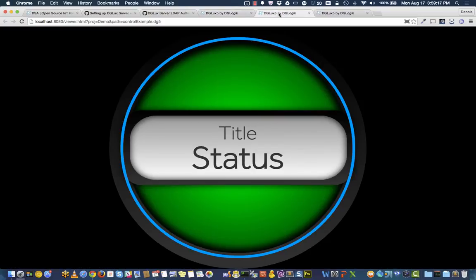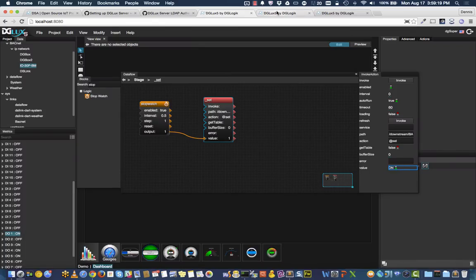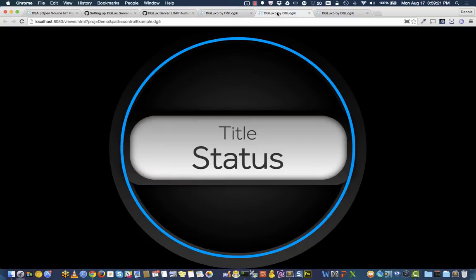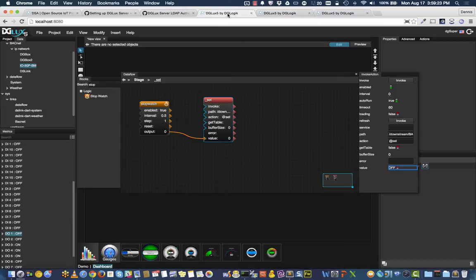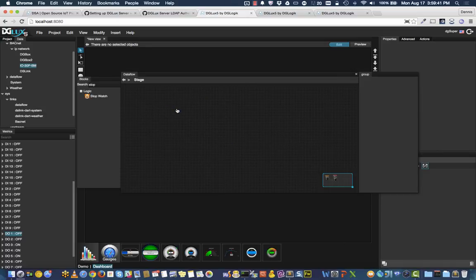Of course, if we go to a different tab, you'll notice that it stops. The reason this stops is because this data flow is actually running in our dashboard in our web browser. If you want something to run forever and have this be independent from who's logged in, we need to run this on the server-side data flow. We can actually take this, right-click and cut it,